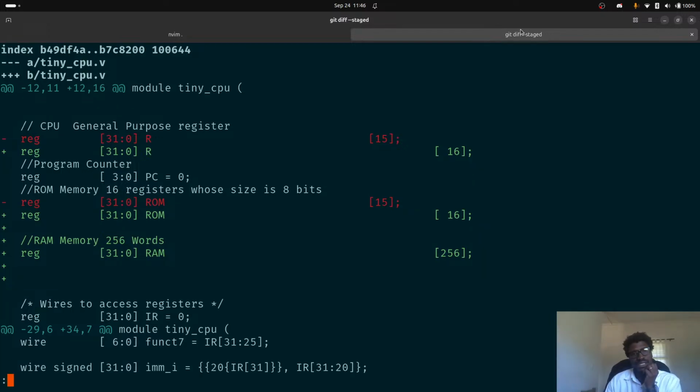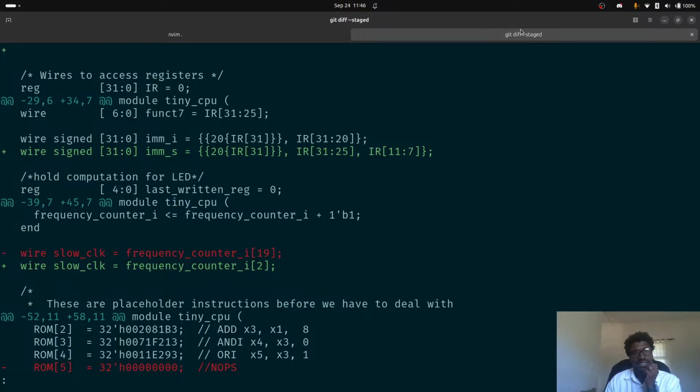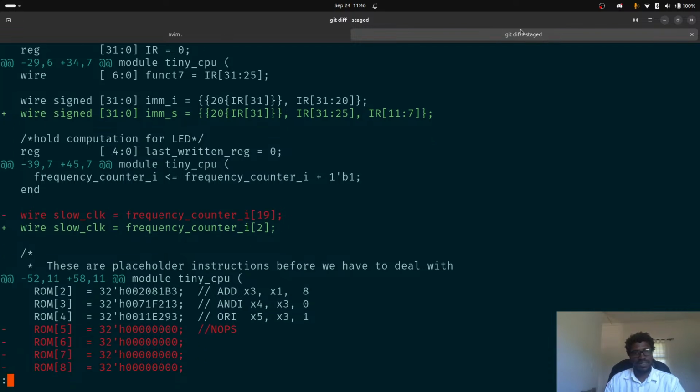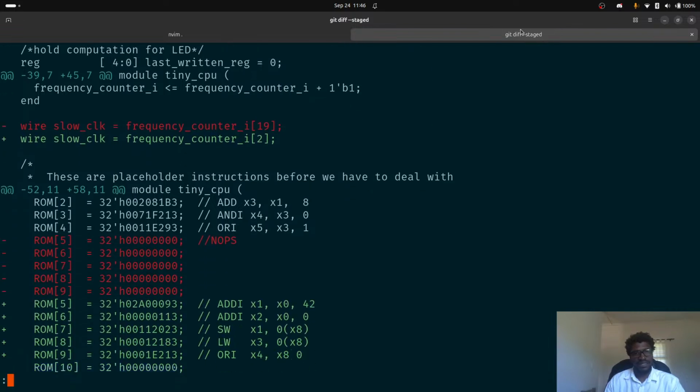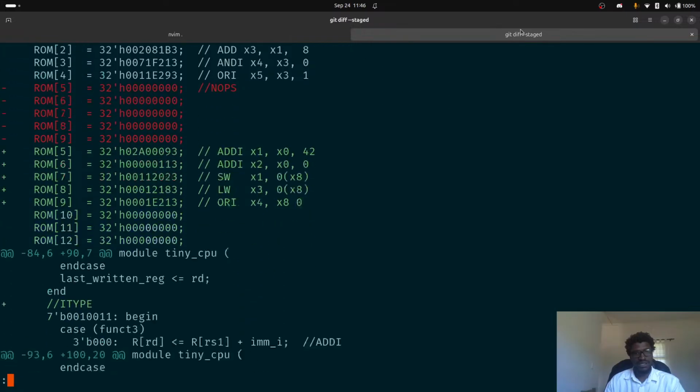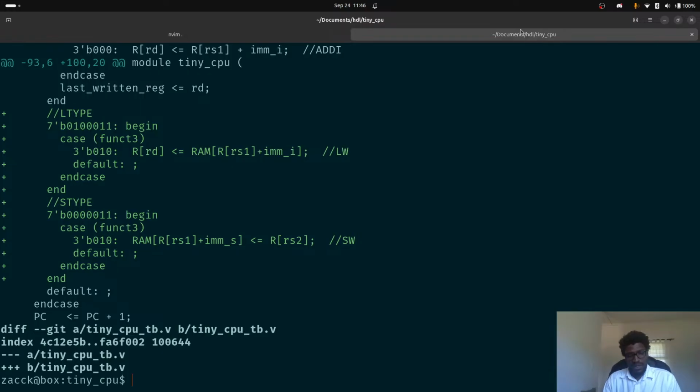We went to 16, we went to 56 words. We concatenated that right, and then that should be okay. We're only going for 2, and then we added these new instructions. Okay, cool. Git commit